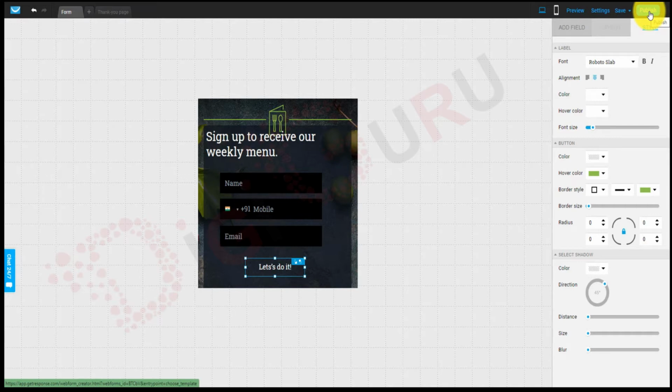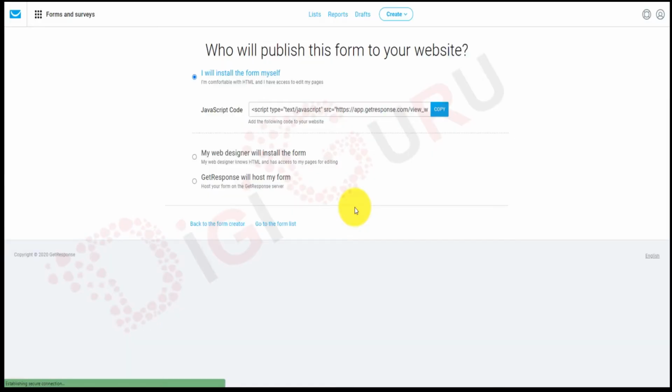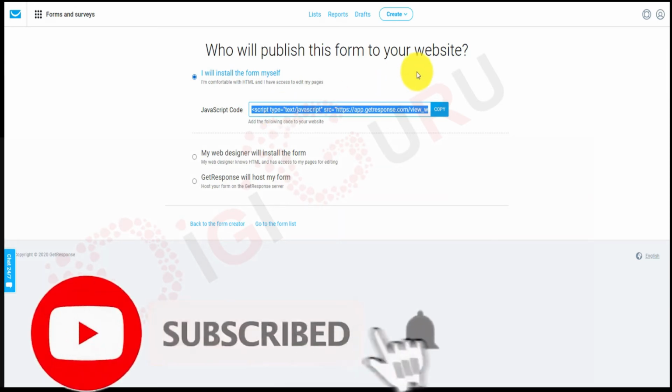Once I publish this form, I would get a JavaScript which I can paste wherever I want on my website. So just a moment while the JavaScript is getting generated. Perfect. So I can see the JavaScript code is coming in front of me like this. You just need to select the entire JavaScript. I've copied it, and the next thing I need to do is go to the pages of my website. So I'll just open my website